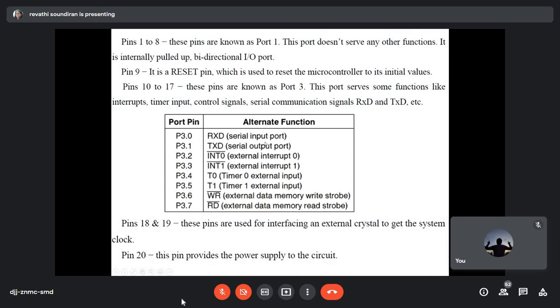So it is receiving, so it is an input port. Okay, so now transmit data. So it is serial output port. Okay, so RxD, TxD. Your port 3 pin number 2 is external interrupt 0. You have external interrupts. Your port 3 third pin is going to be external interrupt 1, INT 1,